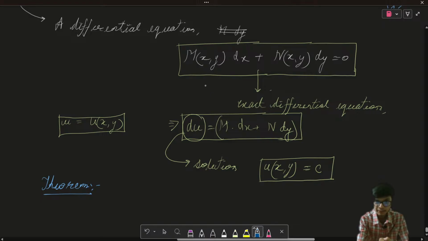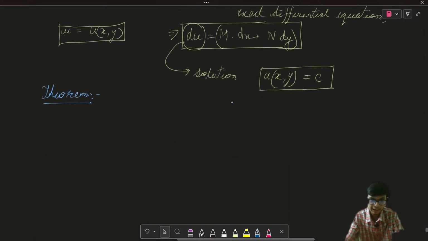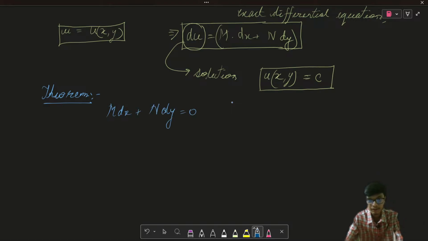So let me take this reference. If I have a differential equation like M times dx plus N times dy is equal to 0, let us say this is our differential equation. Now this differential equation is an exact differential equation